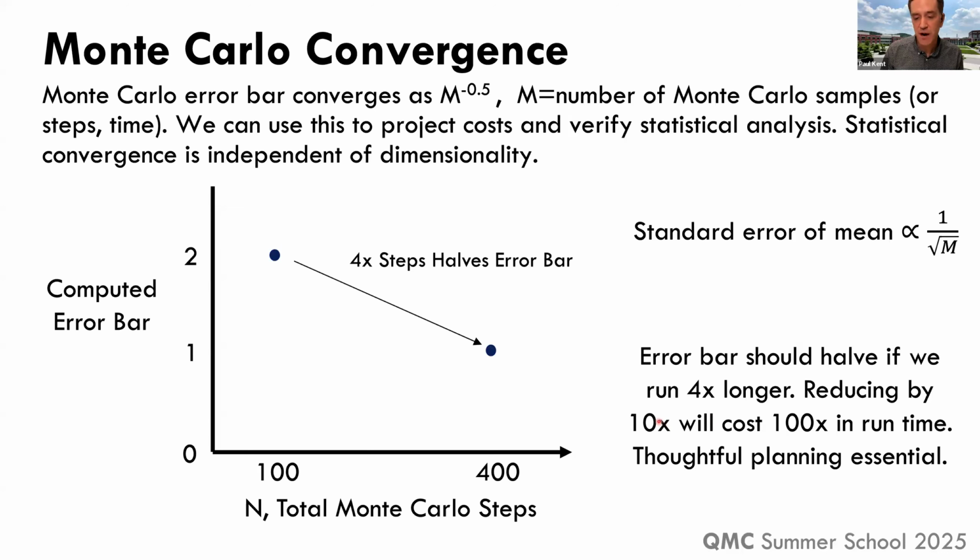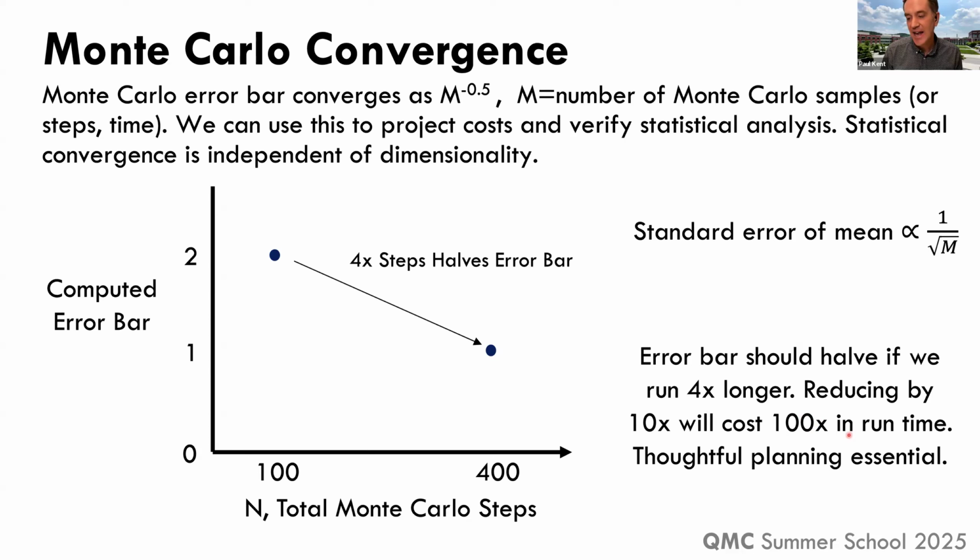And so if we want to reduce an error bar by 10 times, that's going to cost 100 times more compute power. That's just the scaling properties of Metropolis, of Monte Carlo. So it's very important to plan calculations, and one can, of course, do a short run to see what the